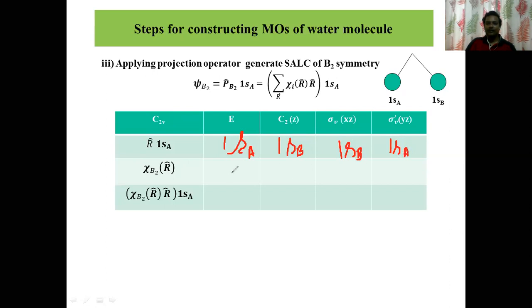Right. Now the character for this is going to be 1, minus 1, minus 1, and 1, because this is B2. So if we do that, that is going to be 1s A, and this is minus 1s B, this is minus 1s B, and this is 1s A. Right, now if we sum them up,